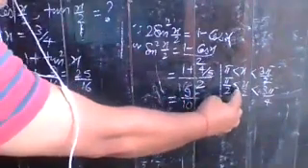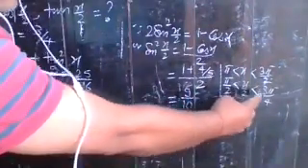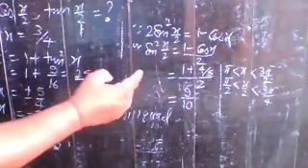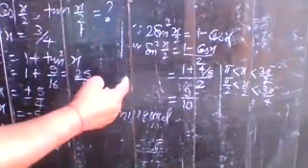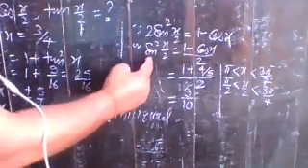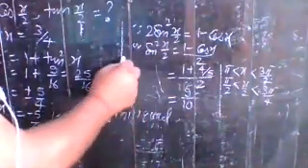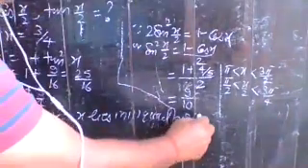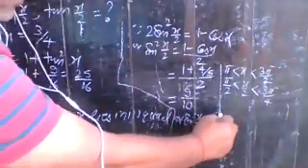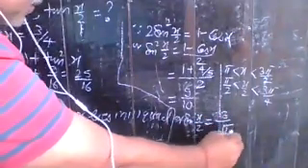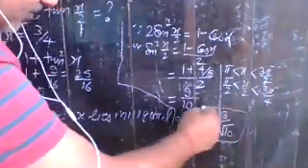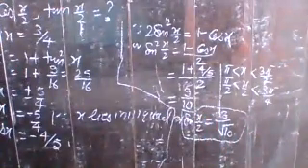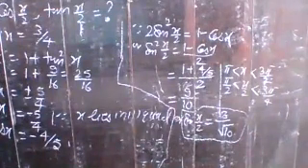Now just see your result. x by 2 is greater than pi by 2 and less than 3 pi by 4, which means that is your second quadrant, and in second quadrant sine is positive. That's why you can write its positive value. So sine x by 2 is positive. Write here 3 by root 10. That is the value of sine x by 2.